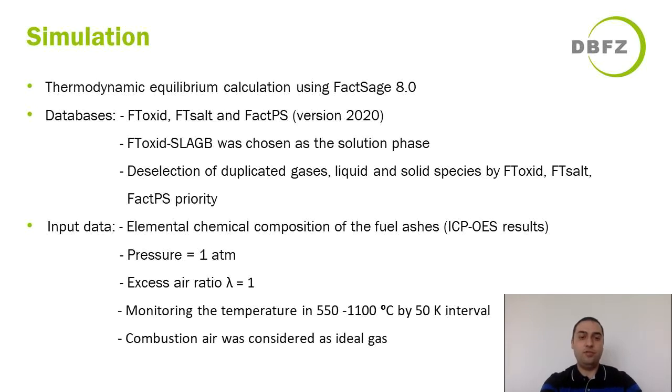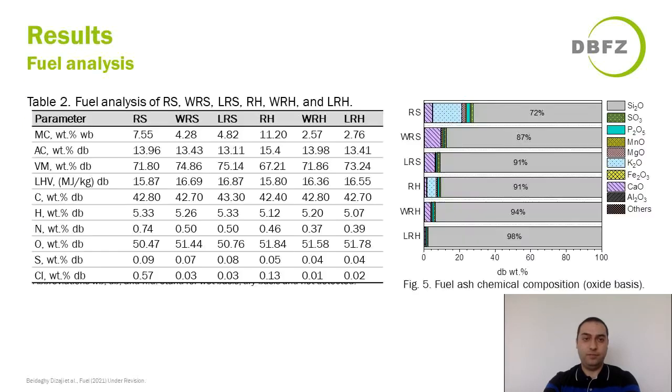The temperature was monitored between 550 degrees Celsius up to 1100 degrees Celsius by a 50 Kelvin interval, and we included the transition points as well. And the combustion air was considered as an ideal gas in the simulation. For the results of the fuels, you see here in this table the analysis data or the measurement data for